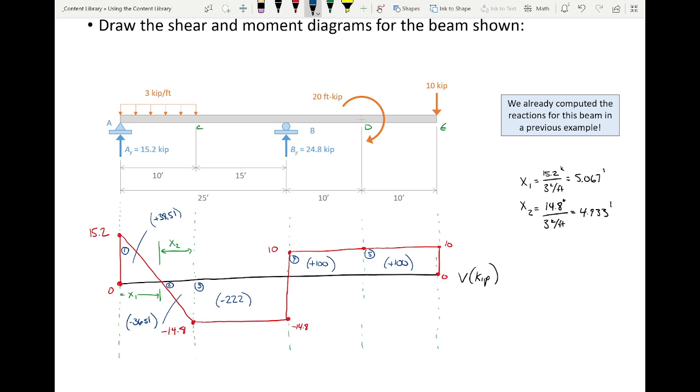Is that okay? Now, what have we done so far before we move forward? What was our check? Like before we drew the moment diagram, we did something. What did we do? We summed up the areas, right? We would say that that plus that plus that plus that plus that better equals 0, right? Well, let's see. So the sum